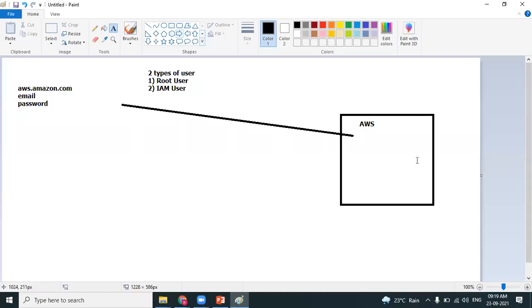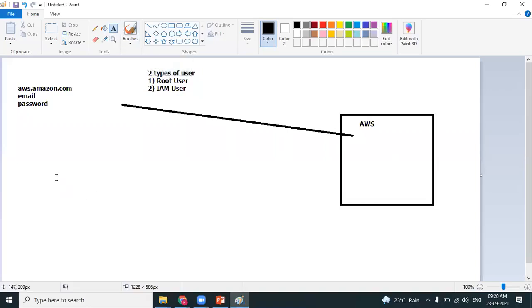There's one more type of user called an IAM user. IAM user is restricted access. IAM user does not provide unlimited access to the AWS cloud. For example, let's say I'm running a business. My infrastructure is on AWS. I'm running an application like Book My Show on AWS. To manage the AWS infrastructure, I have recruited two resources.